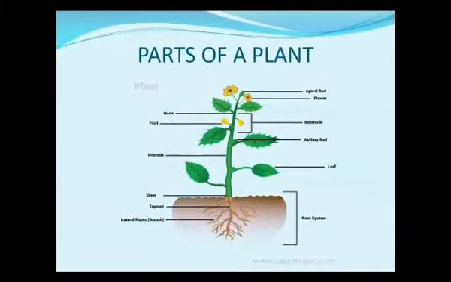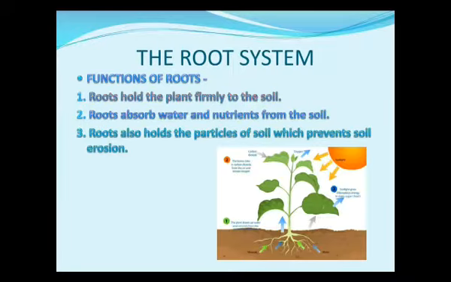But here in this chapter, apart from this, we will study the function of these parts of the plant. Means we will study the function of the root system and shoot system. Also, there are varieties or modifications in these parts that we are going to study here. First of all, the root system. The root system is the part of the plant which is generally below the ground. Now, what is the function of roots?